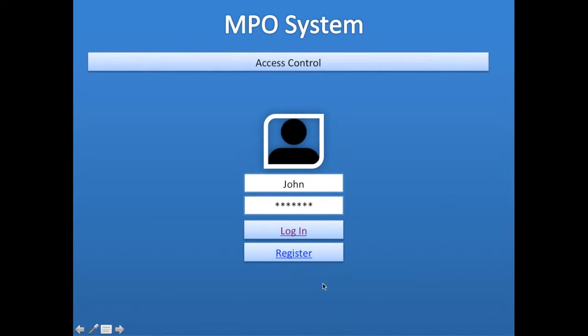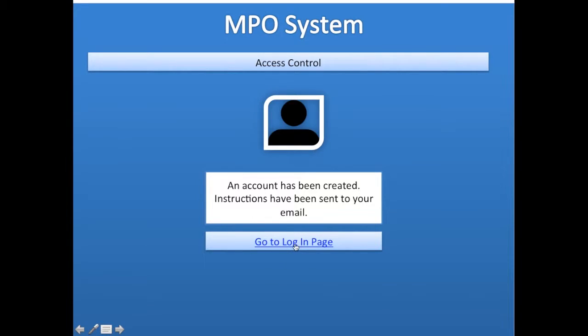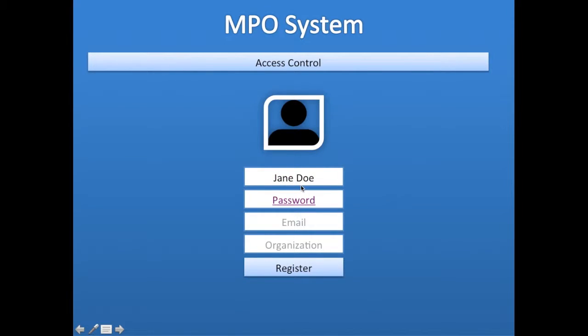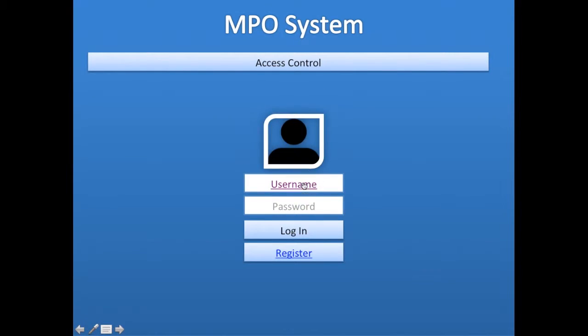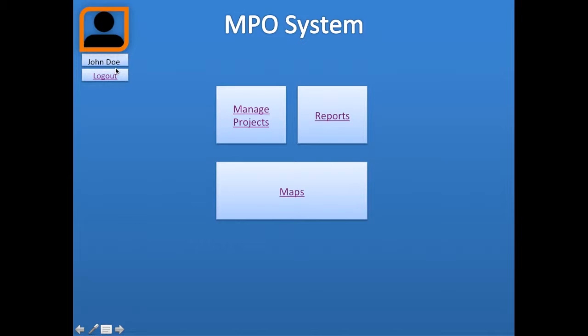Members who have not yet registered with the MPO have the option to register. They'll enter username, password, email, and the organization they're with, which will give them the user type. And then they're allowed to register, and after that they'll go ahead and log in using their user information. And then obviously they can't pick what user they're going to be, but they'll be assigned based off of the organization that they're with. Okay, if you're a different member, if you're not part of the MPO staff, you can